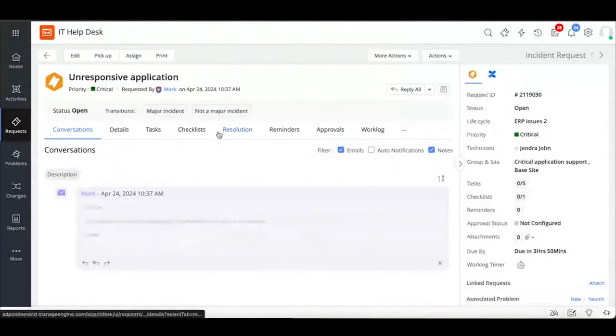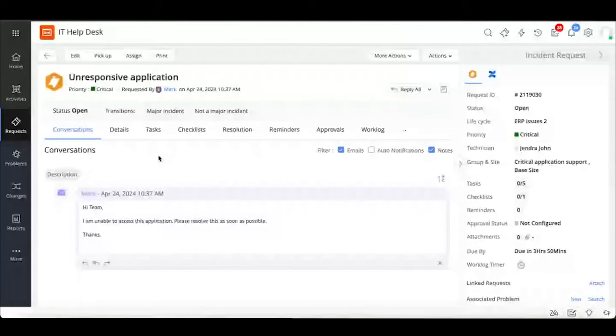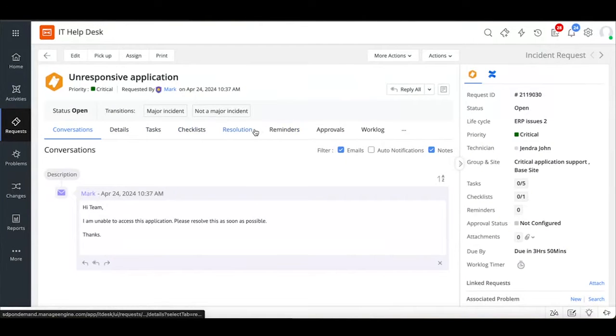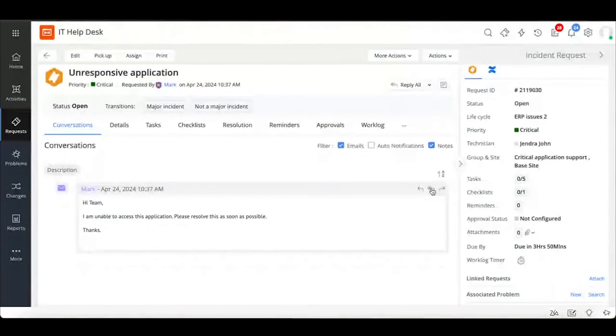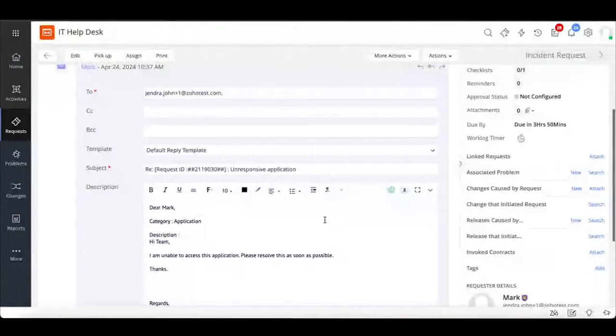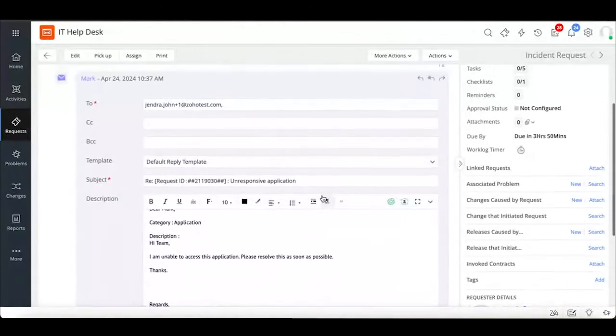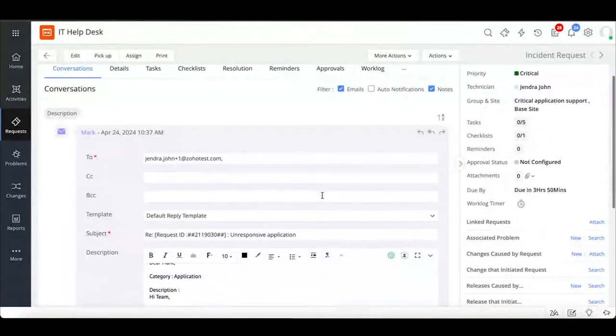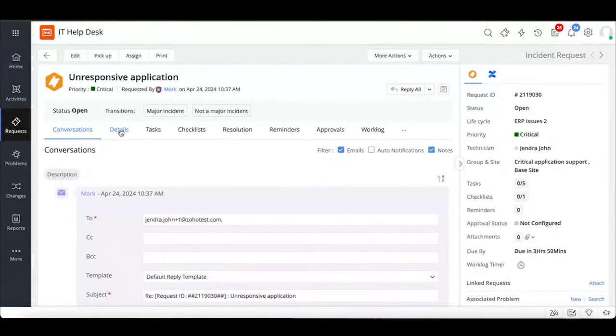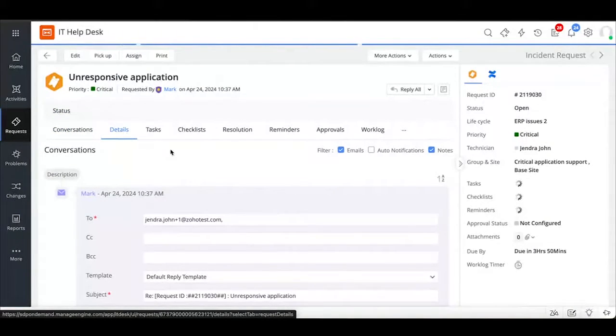worked on. All right. Right now we're in our ticket workspace, and these are all the different tabs that are available to us. So let's go over each of them. Under the Conversations tab, you get to directly communicate with your end user without having to toggle between multiple windows. And whatever conversation that happens here will be recorded under this tab. Next, we have the Details tab.